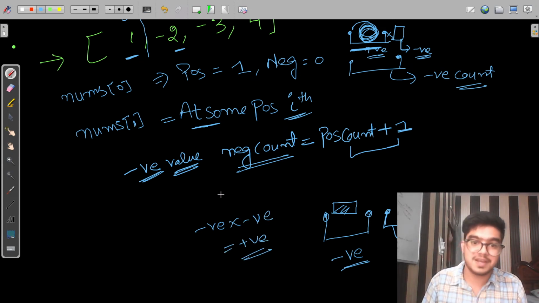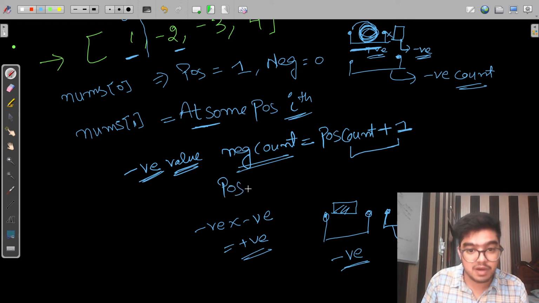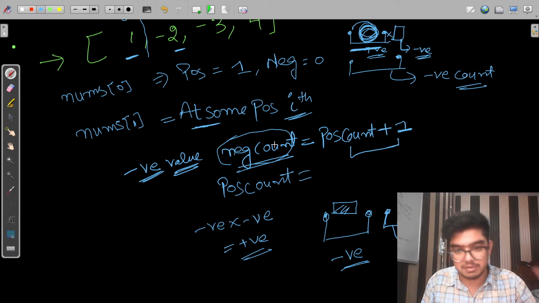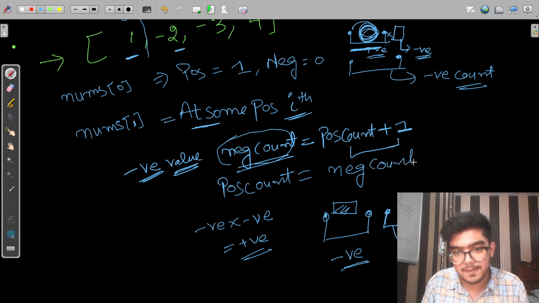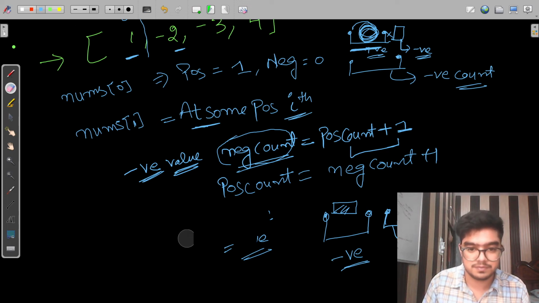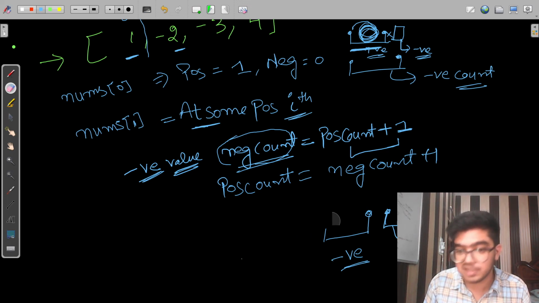So the positive count is equal to the negative count, not the updated negative count, but the negative count till that position, plus 1. You have to think in that way.